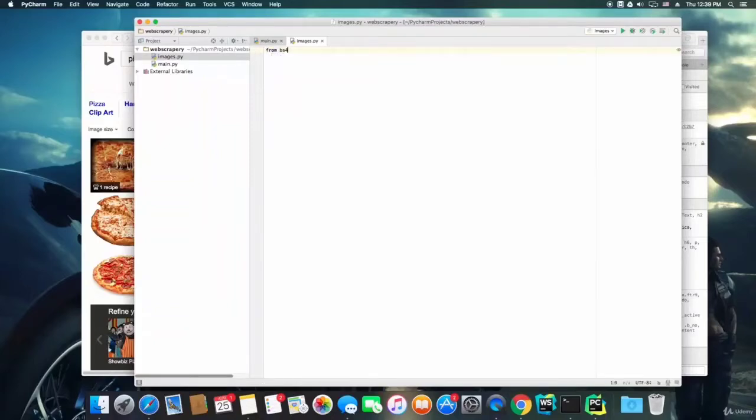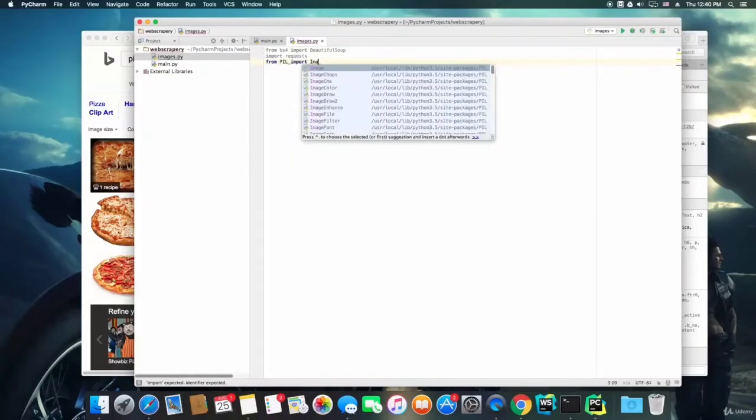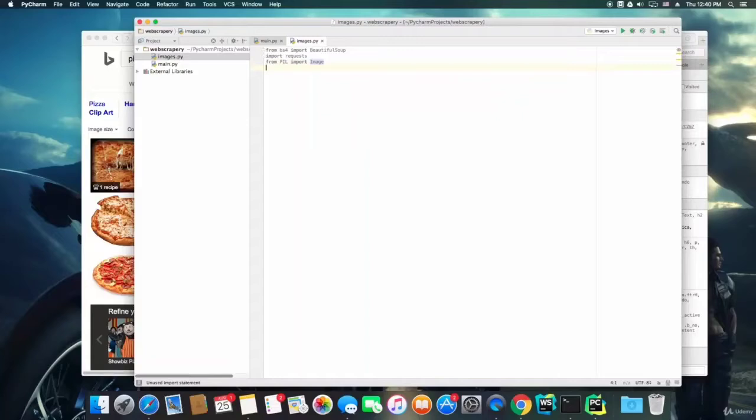From bs4 import BeautifulSoup. Going to import requests. Import Image from the Pillow library, and then from io import BytesIO. So let's go ahead and get a